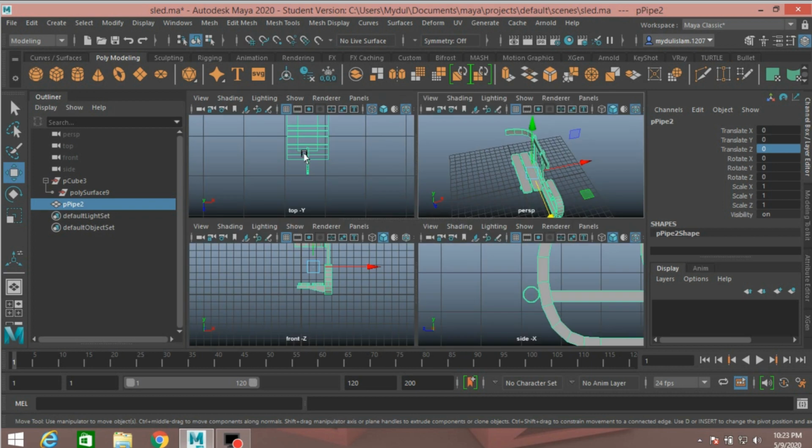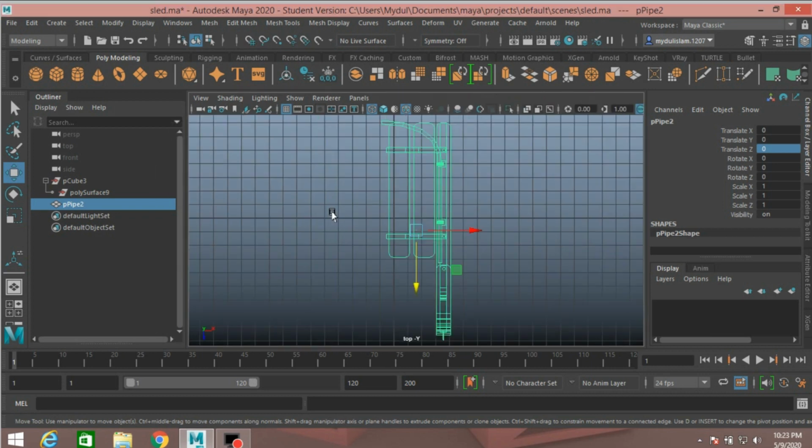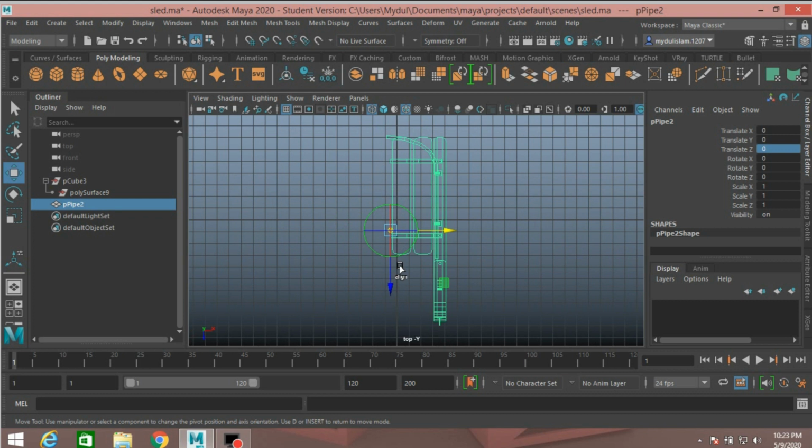Now go to top view, press F to focus, press D or insert key on your keyboard to edit the pivot point, press V to snap it to here,